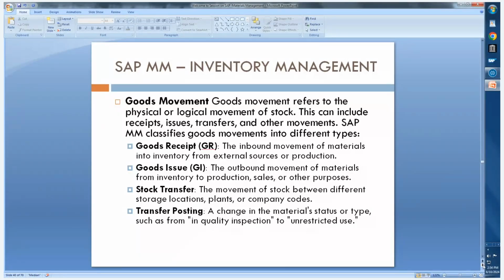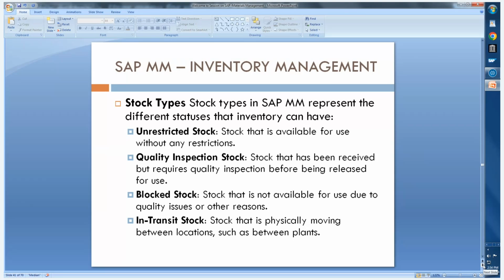There are certain movement types available in the system. They will ensure all these activities can be performed. Another very important aspect of inventory is stock type. That means we can have some kind of classification for the stocks we have in the storage location or in the plant. Like one of the statuses is